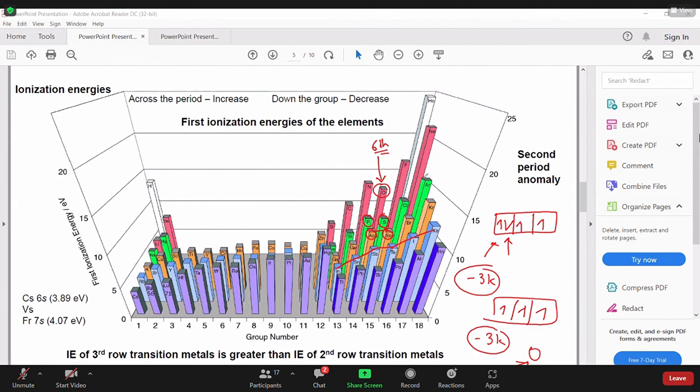And why exactly is it prominent in this second period? Due to this extra small size, or as we have seen in the previous lecture, the second period anomaly. So due to this extra small size, this phenomenon is quite considerable in the second period, but it will carry over towards other elements, as I have shown here, where the increase won't be the same or by the same factor as it was increasing in the previous elements. All right, so that was the first